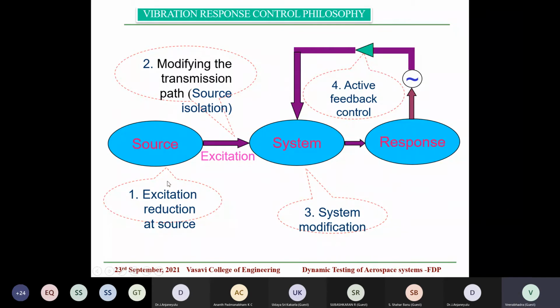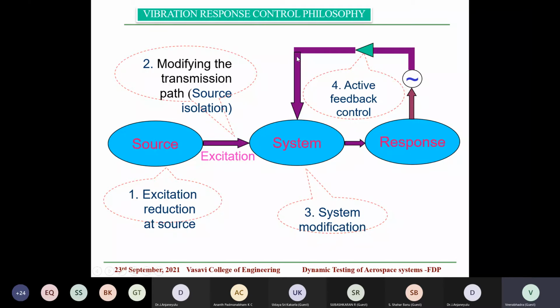For aerospace, most of the time the excitation is from the source, like aerodynamic or propulsion or other sources, which we cannot modify. Most of the time it is not possible. So what we have to do is modify the path from the source to the system, what we call the transmission path. For example, use an isolator. And for the system, basically the unit under test, you can modify its structure, like the chassis, or its mounted weight, or increase the number of bolts, or totally redesign the system. That is what we call system modification.